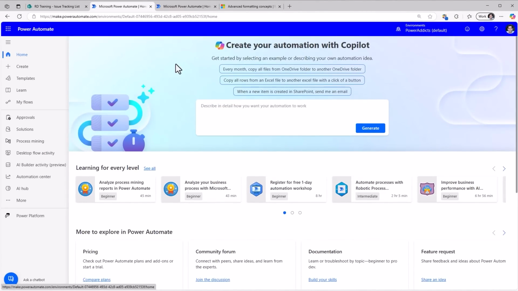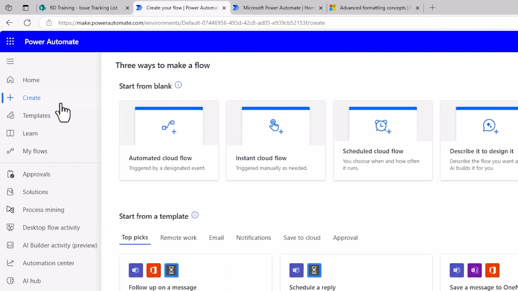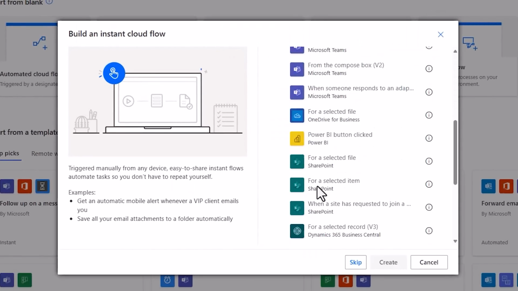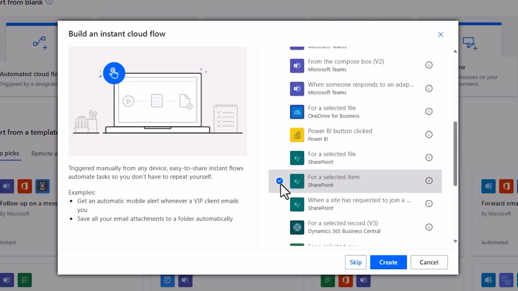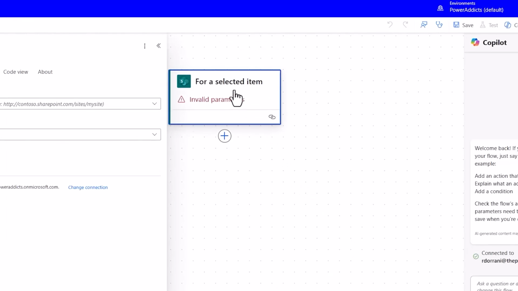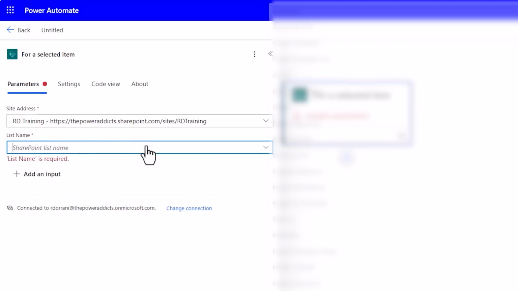If you do not want to use a template and want to create your own flow, I can head over to make.powerautomate.com and create my flow. This flow is an instant cloud flow that will trigger for a selected item in SharePoint. The concept that I'm covering in this video also applies to for a selected file in SharePoint. So I've picked this trigger. I'll create my flow. For a selected item, the address of my SharePoint site, I'll pick my SharePoint site and